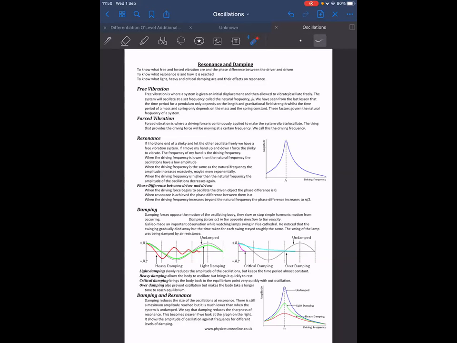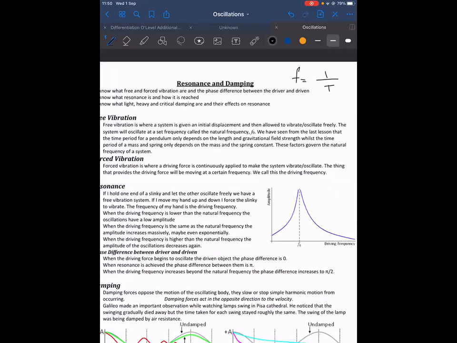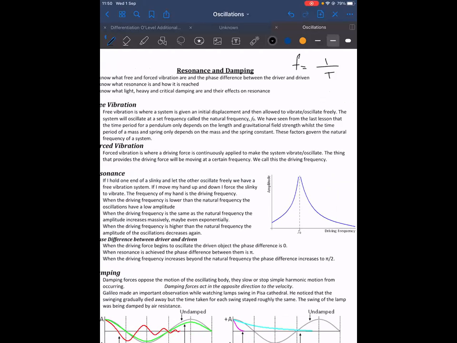Frequency भी होती है, it's given by f equals 1/T. That is how many oscillations are being produced or are occurring in a system in 1 second. That is what frequency is. ठीक है ना? So the system will oscillate at a set frequency called the natural frequency. अब आप अगर उसको